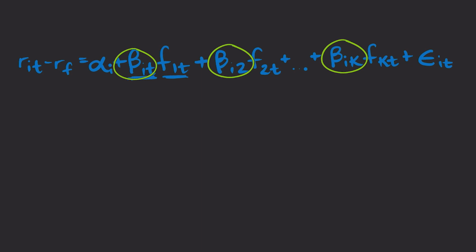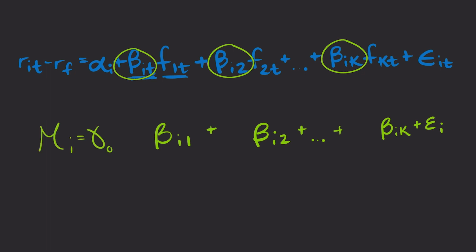And then we're going to use the betas as the regressors and regress the mean return on these betas to find these risk premia. So for each factor, we're going to find how much additional return a stock gains as a result of